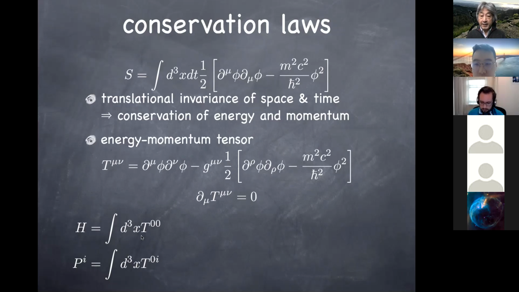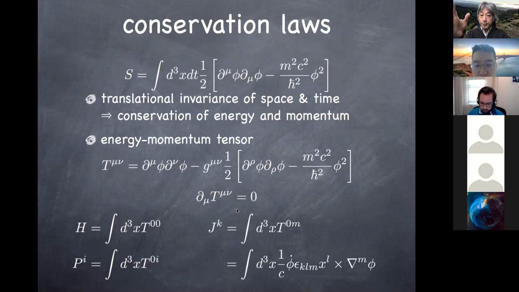And similarly, the rotational invariance of space is what gives you the conservation of angular momentum. And you can go through the same kind of analysis to work out what is the conserved quantity. It turns out to take this form, and I forgot to write epsilon_ijk x_j here, so I have to fix it when I post these lecture notes again after the lecture. And then if you write this out explicitly, you find the following expression.